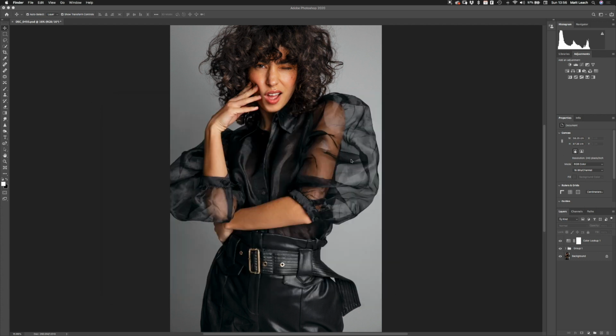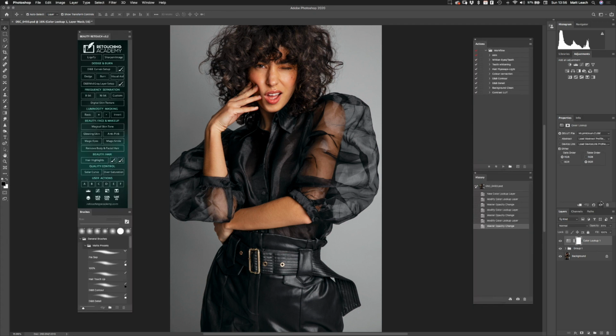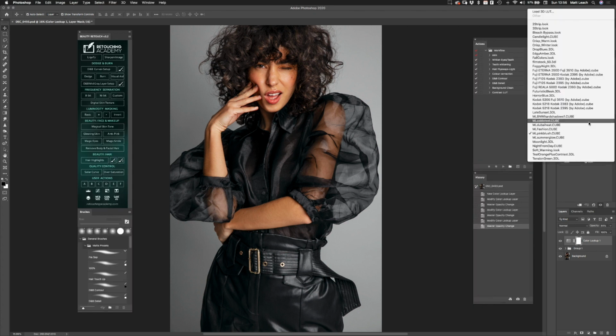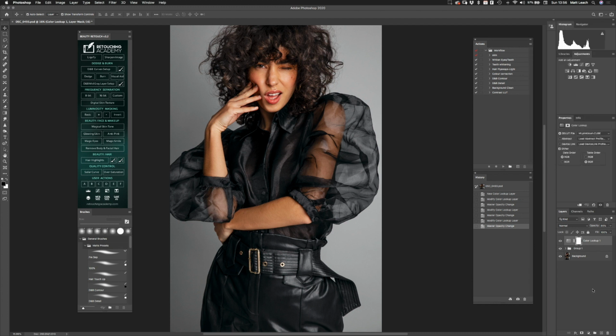You then need to quit Photoshop and restart it for it to appear in your list. I won't do this, but as you can see, having all these in your pop-up list is very useful for the LUTs you use on a regular basis. Here's a few of mine, all beginning with ML. And that's it. So now you can play with a simple way to add great colour grading to your images